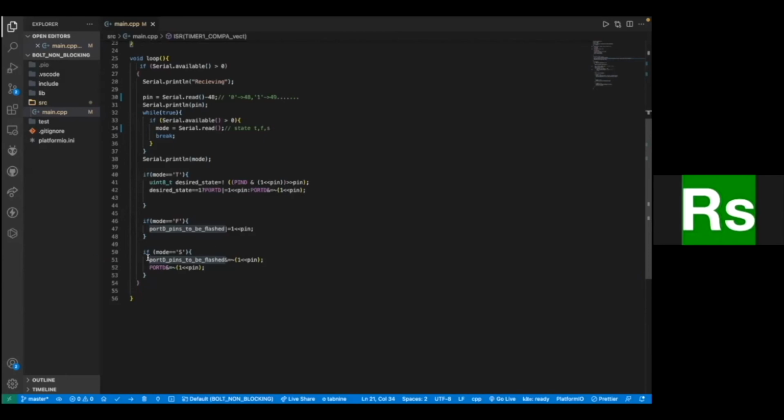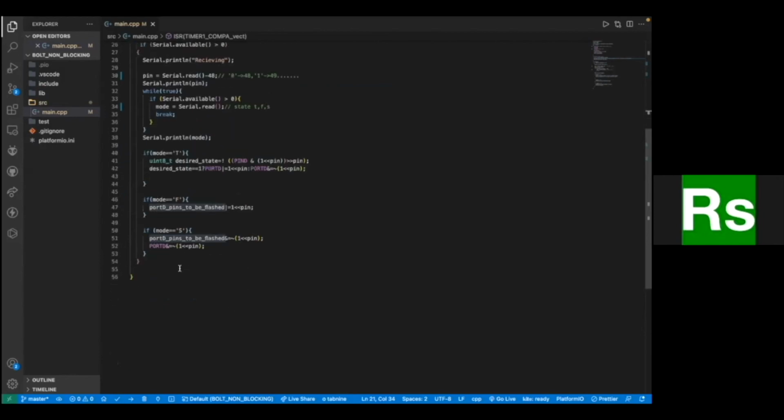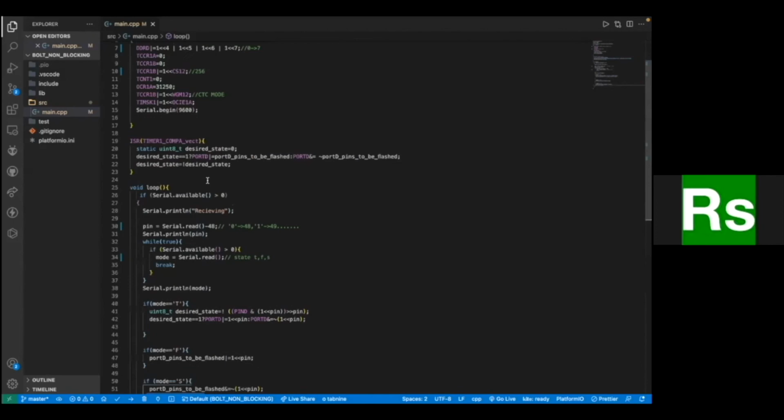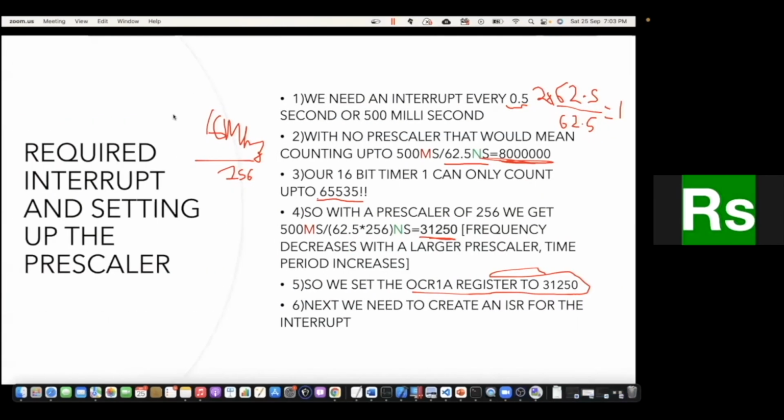And then if the mode is equal to S, if you want to stop flashing of a pin, all you need to do is to set that bit to 0. And in that interrupt, you can see obviously that pin will not be flashed. And maybe when you did this, the pin was in on state. So to make sure that after we stop flashing, the pin is in off state, we do PORTD AND is equal to bitwise NOT of 1 left shift pin, right? So this is the code required for that.